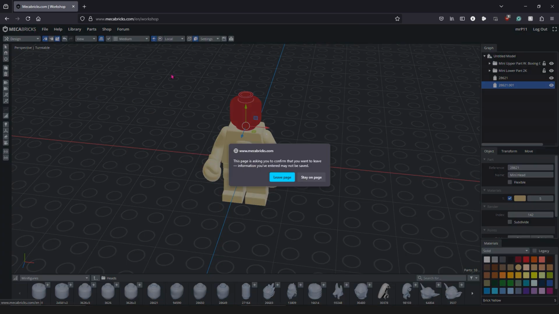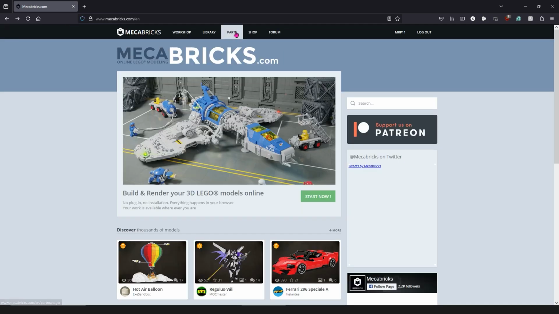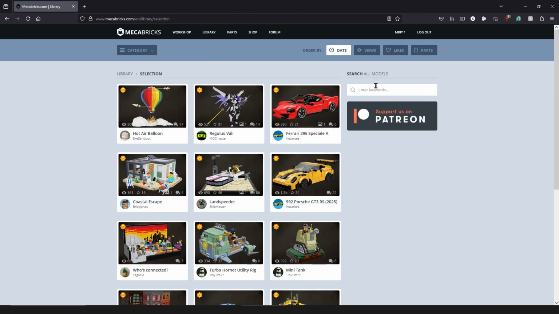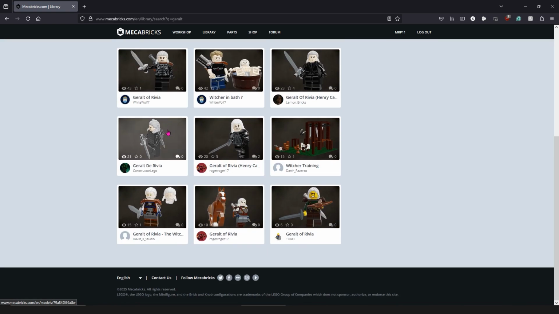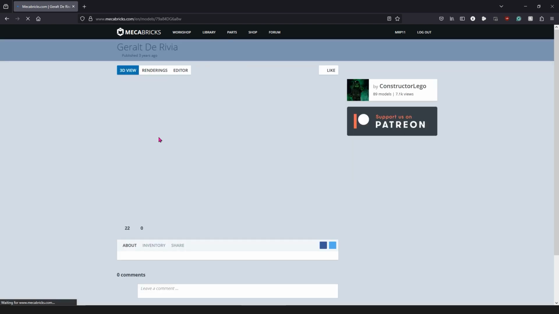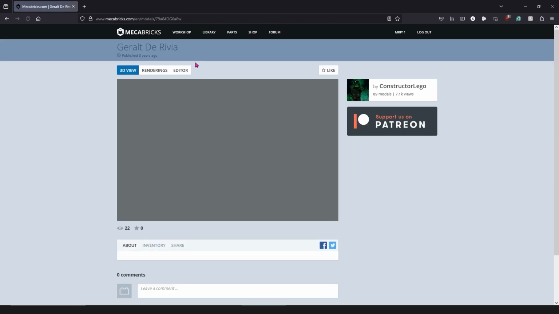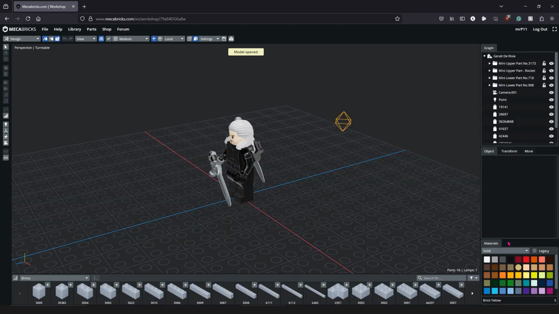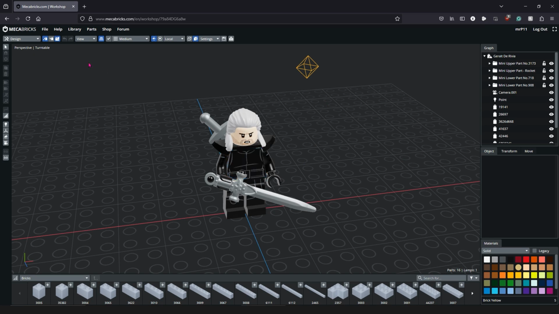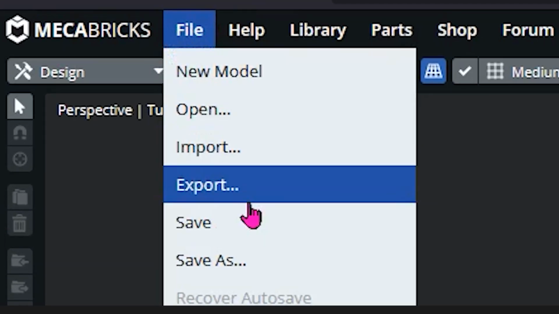Or what you can do if you don't want to make your own characters, you can go to the library and you can search for a character. So if I want this character right here, then I will want to download it. So I will click on the character, go to the editor, and then I leave everything how it is. I mean, you can customize it if you want, but I'll leave it